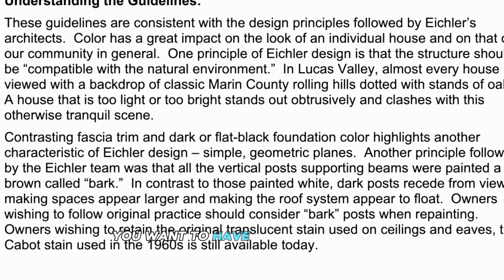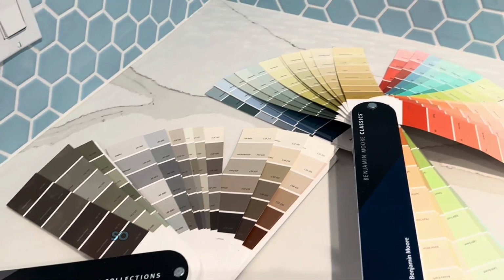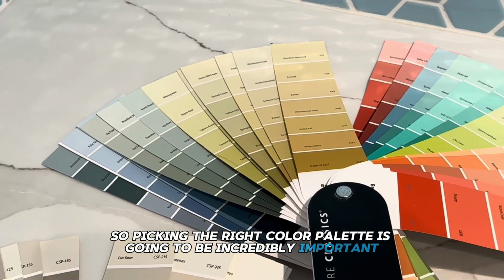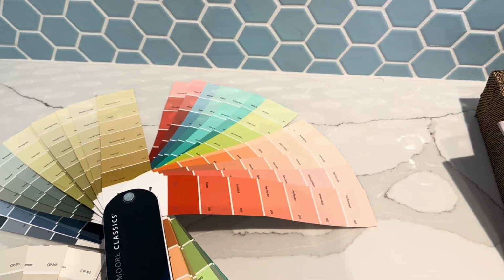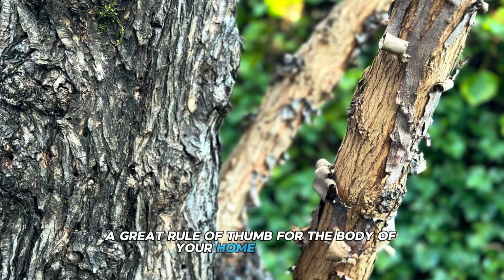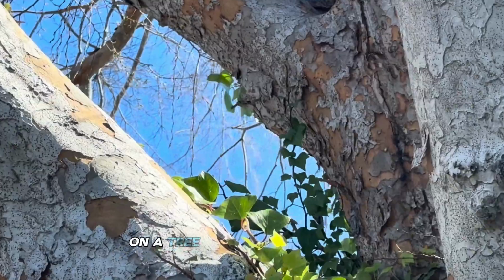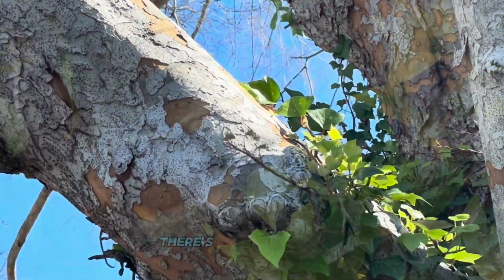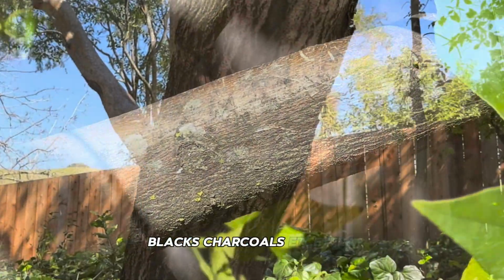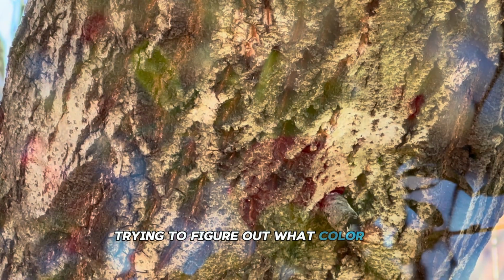You want to have good colors that are contrasting, that blend in with each other. So picking the right color palette is going to be incredibly important. A great rule of thumb for the body of your home would be think about the colors in nature on a tree. Bark colors are great. There's tans, light grays, dark grays, taupes, blacks, charcoals, etc. This is a great color palette to start with,